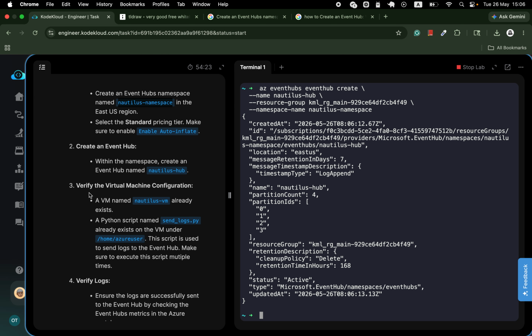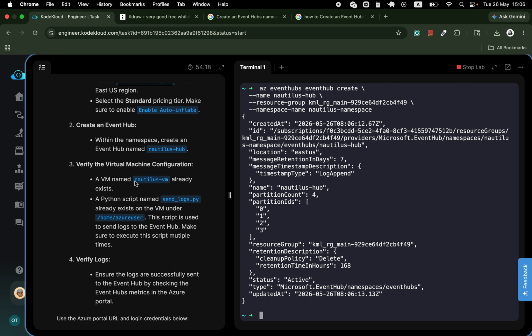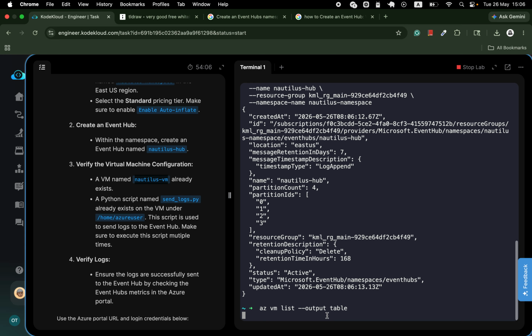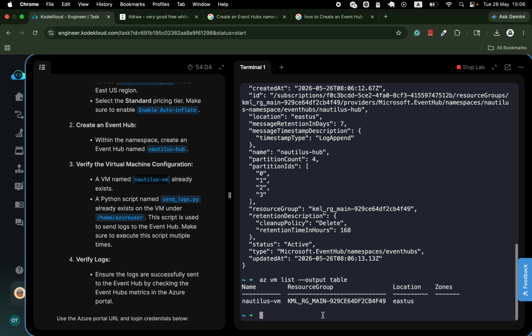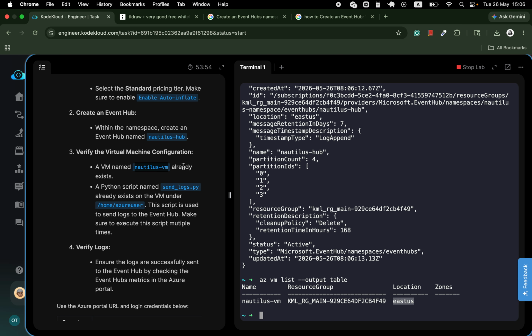So now it is time to verify the virtual machine configuration. So virtual machine is nautilus-vm. So is a VM list. Let me check that. Output TABLE. So we already have the nautilus-vm existing with this same resource group name with the location of East US. So now we have to configure this